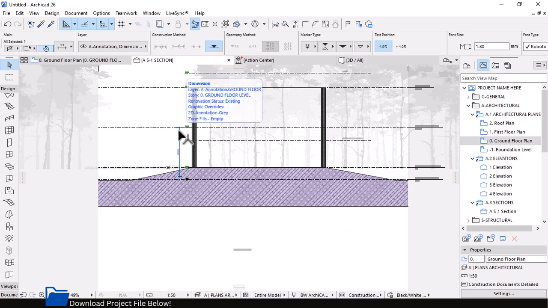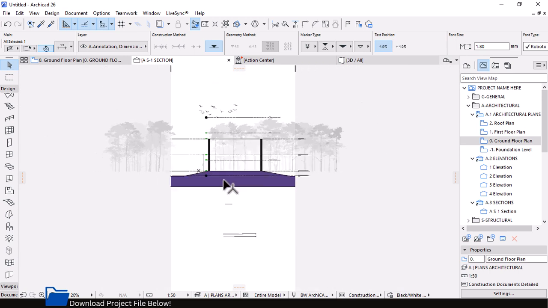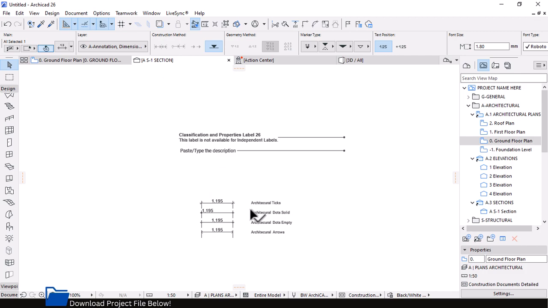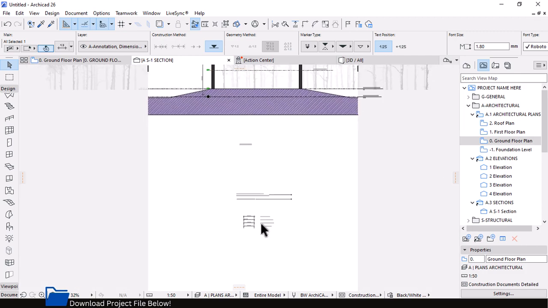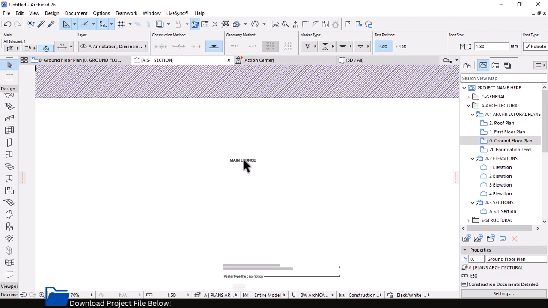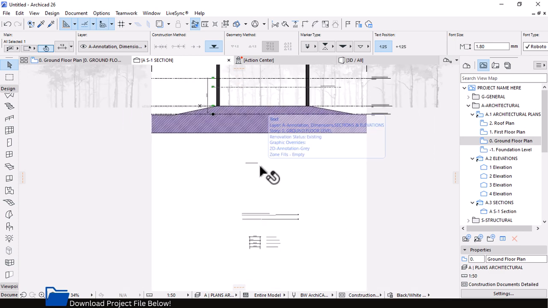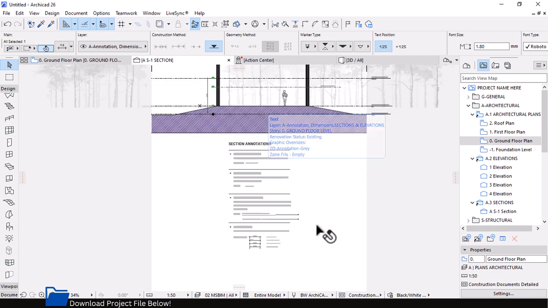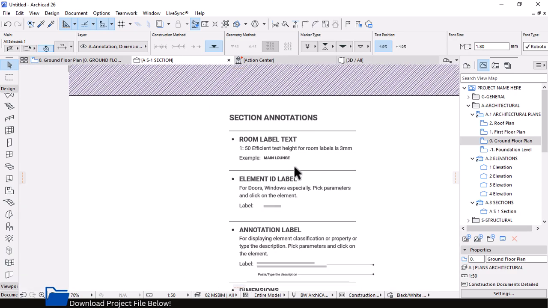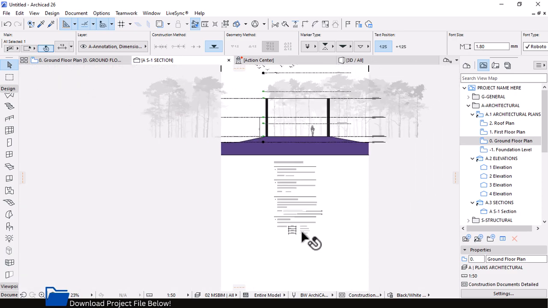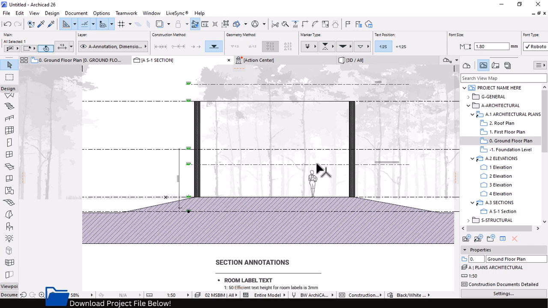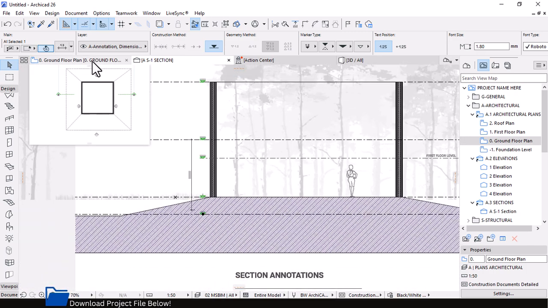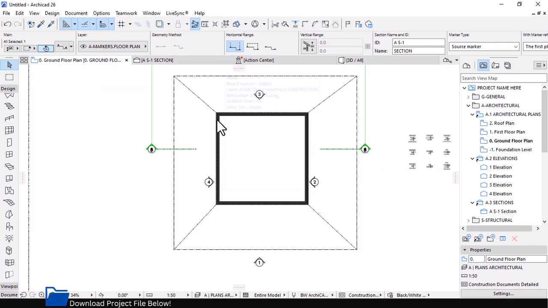So it's already at your disposal for you to use. We also have other items. I think there are some that are missing, so if you press Control L and, for example, say show all, that's basically what you have. So let's go back to the ground floor, and at least we are done with the